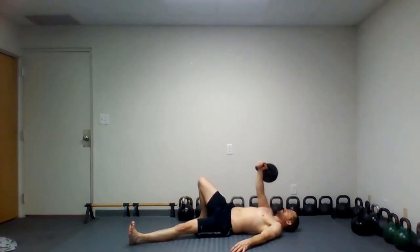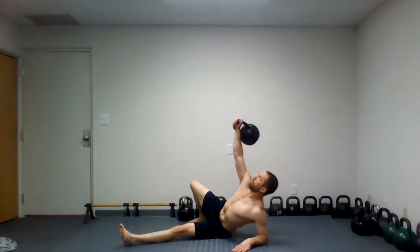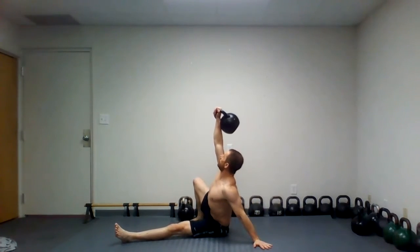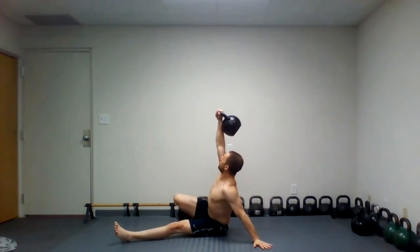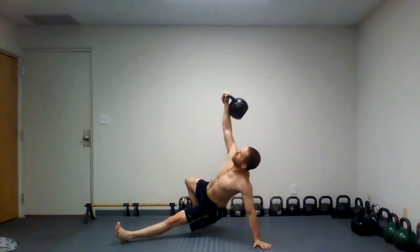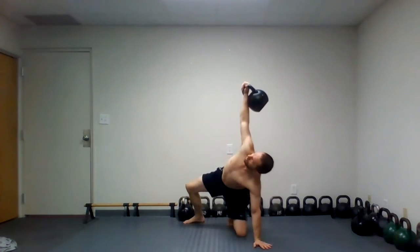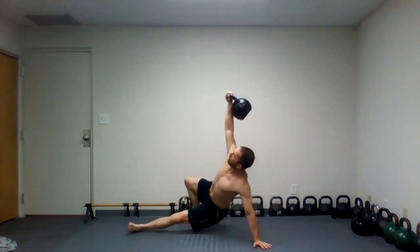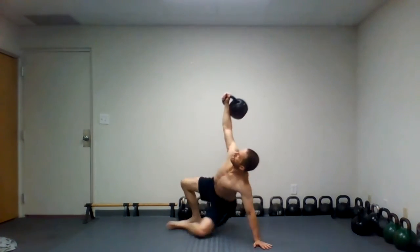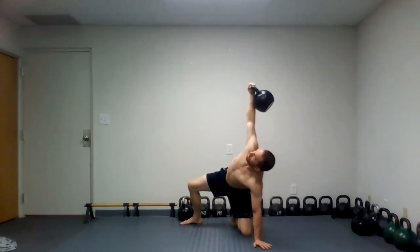Let it drift over. My shoulder's in good shape. And make sure I really externally rotate that left arm. I need to make sure I take my knee out to the side, externally rotate it also. Bridge up and here. The other option, if that's not an option for you, is the low sweep. So you'll just drag it over. Either way,